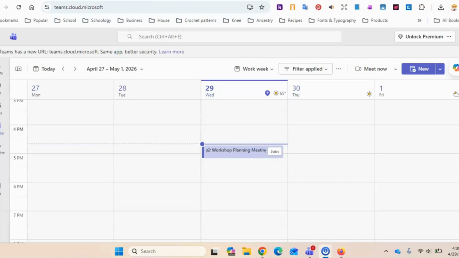So let's get started. The first way you can access a Teams meeting is by going to the web-based version of Teams. So right now you can see here at the top in my web browser, I'm in teams.cloud.microsoft and I logged in with my Microsoft credentials. Once I've successfully logged into Teams, I'm going to come over here on the left and I'm going to click